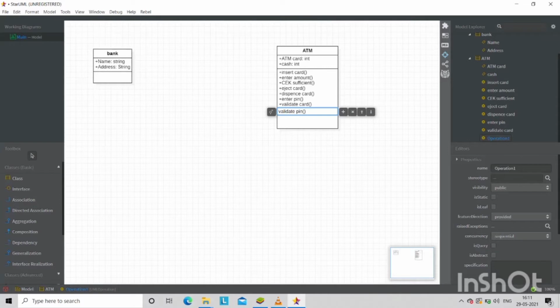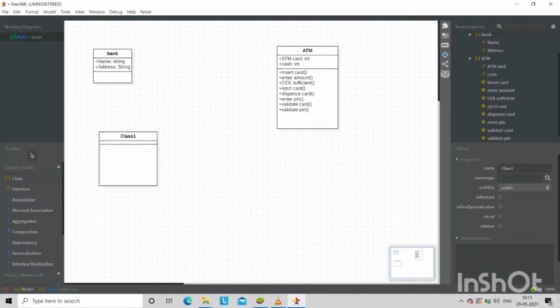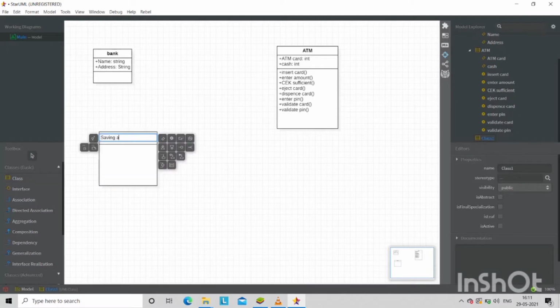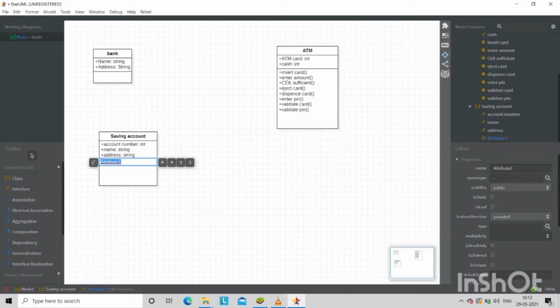So now we are going to construct the third class, which is a subclass of Bank, which is Savings Account, which has attributes account number, name, which is string, address, and balance.